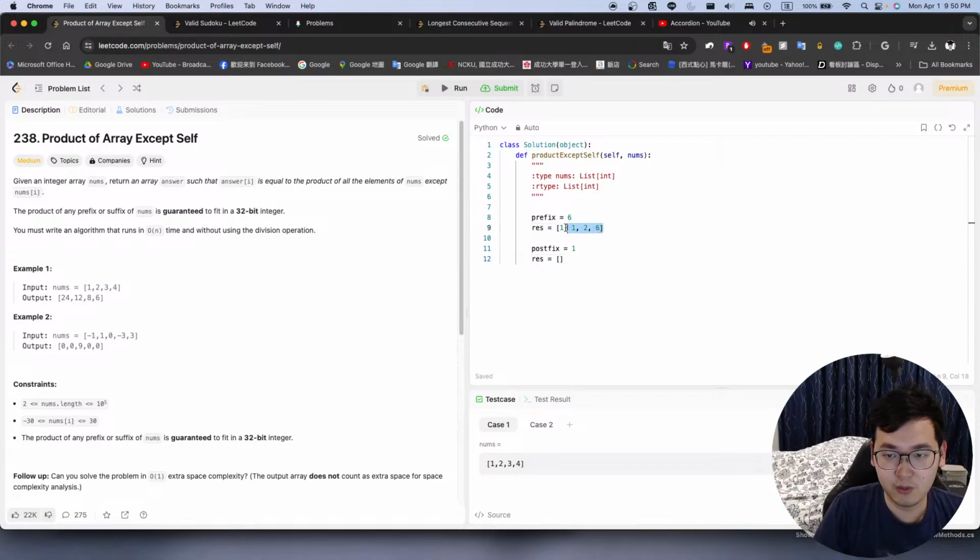We are using the same array. So initially it's still 1, 1, 2, 6 in this case. And since we start from the end, the postfix is 1, times the 6 is 6. Then we update our postfix to 6. Then we go to the third one, and 6 times, and we will assign the